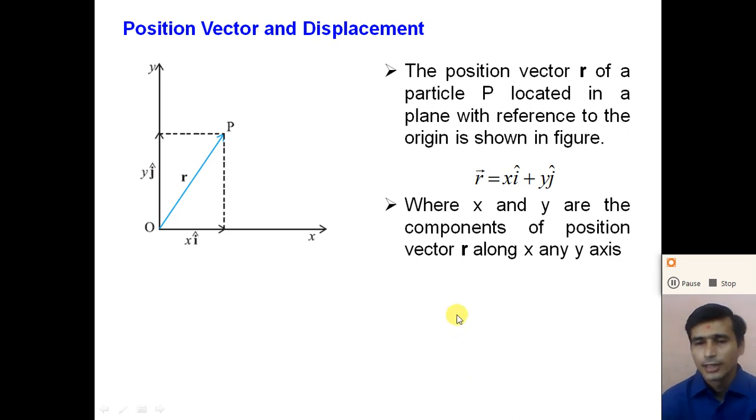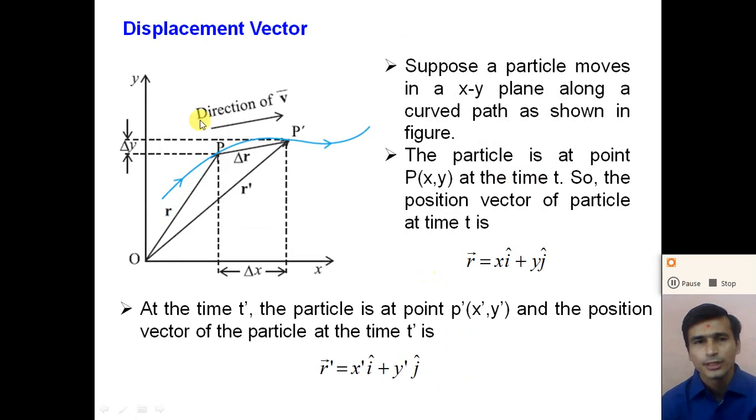So for that, how can we find the displacement from the position vector, right? Consider that a particle moves along this curved path, shown in a blue line, in the xy plane, right? Now at the time t, the particle is at a point P. How can we represent the position vector of the particle at P? The vector joining the reference point to the particle point P is called the position vector of the particle at that time, right?